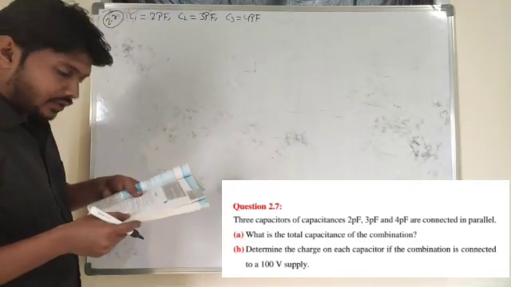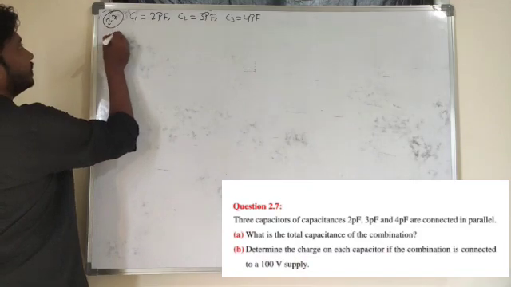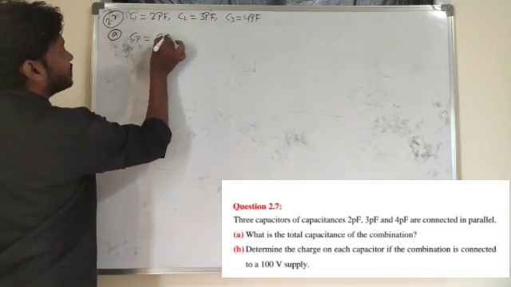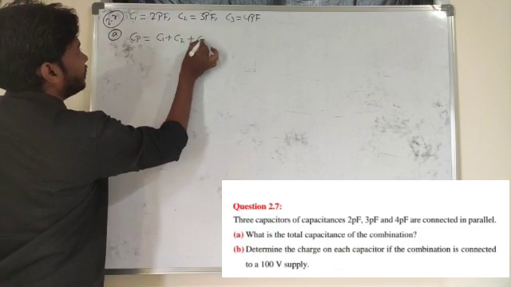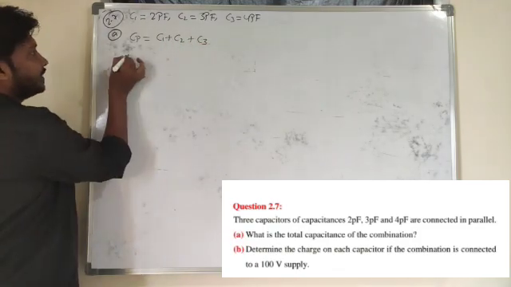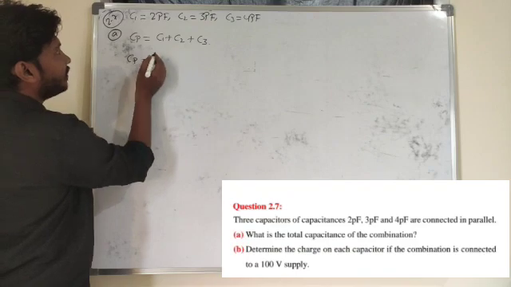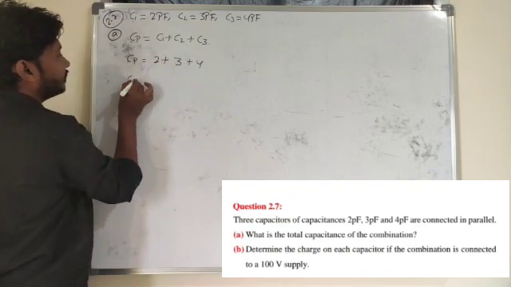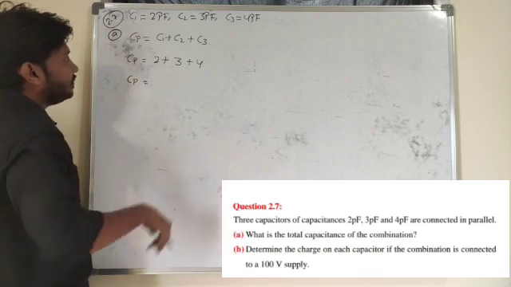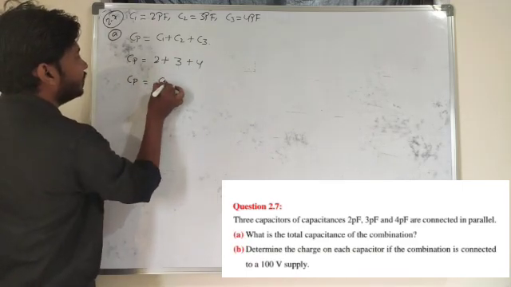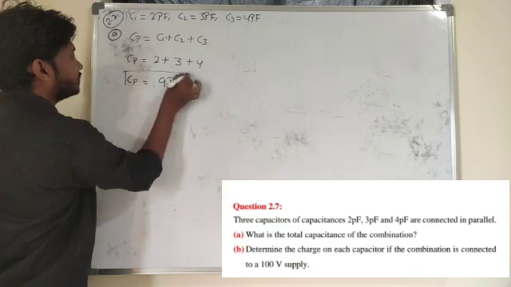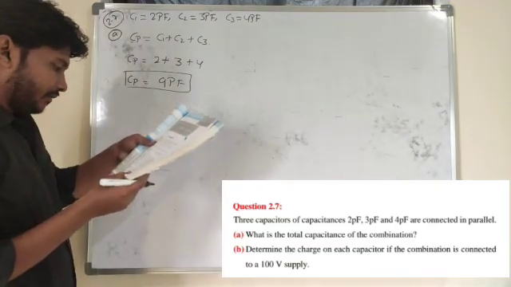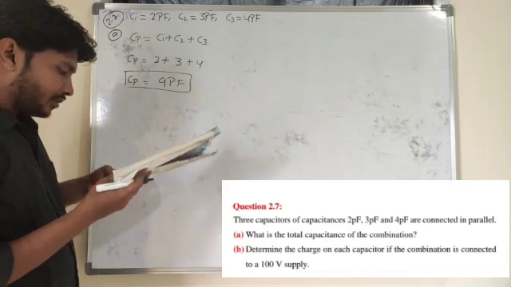First, what is the total capacitance of the combination? Total capacitance in parallel combination: C of P is equal to C1 plus C2 plus C3 here. So C of P is equal to 2 plus 3 plus 4. C of P is equal to 9 picofarad. So what is the answer here? C of P is equal to 9 picofarad. Next one, in the sub question they asked,